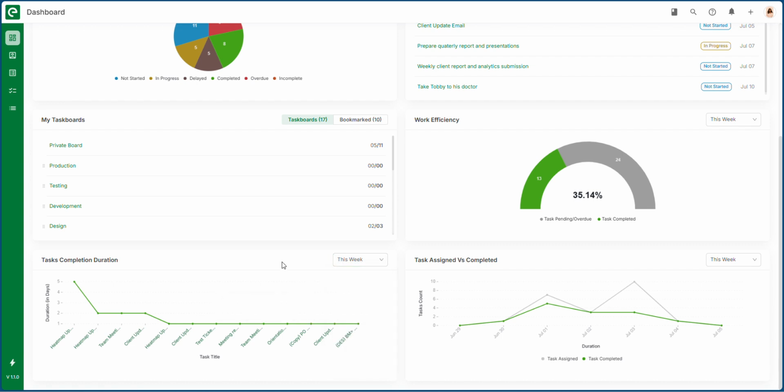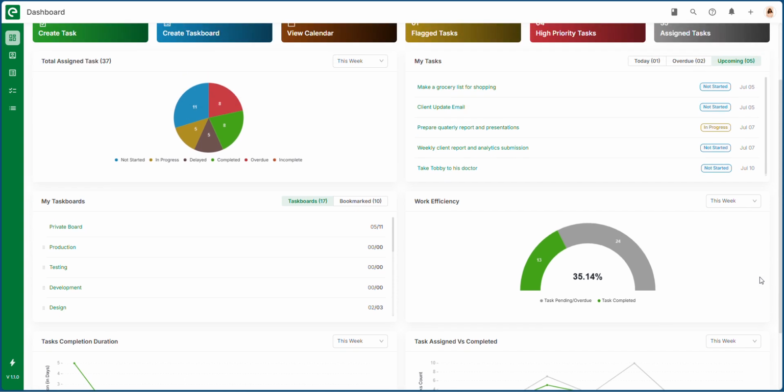improvements occurred. Tasks Assigned vs Completed shows the number of tasks assigned to you versus the number of tasks completed during a selected time period. You can adjust the filter to compare your performance over different weeks or months and get a clear sense of how consistently you are managing your workload.